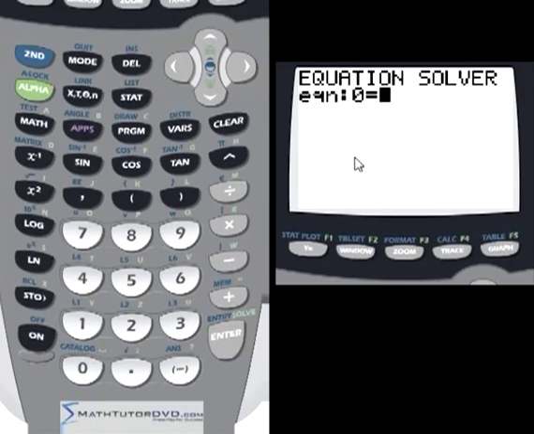So basically, whatever equation you have, you need to manipulate it so that it's equal to 0, and then you can type it in. So if you had an equation like, let's just take a simple one, let's say x plus 3 is equal to 0, and you wanted to solve that for x, and that's a super simple equation. That's why I'm choosing it first, just so you can see what it's doing. So if you had x plus 3,